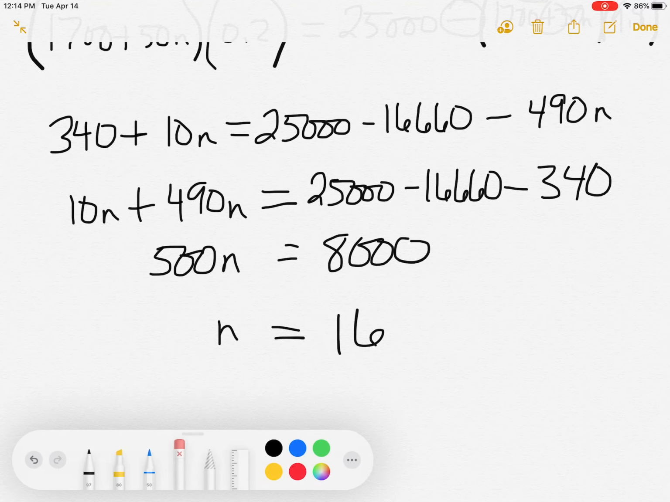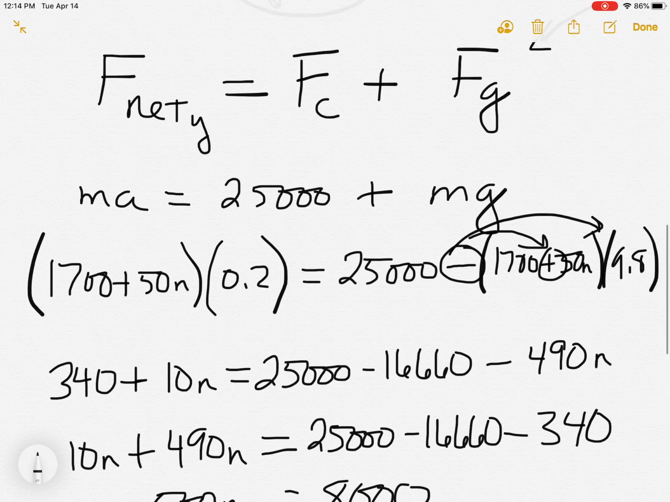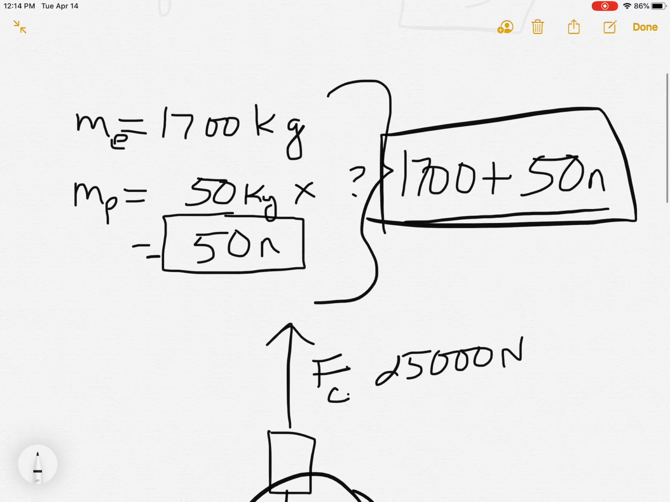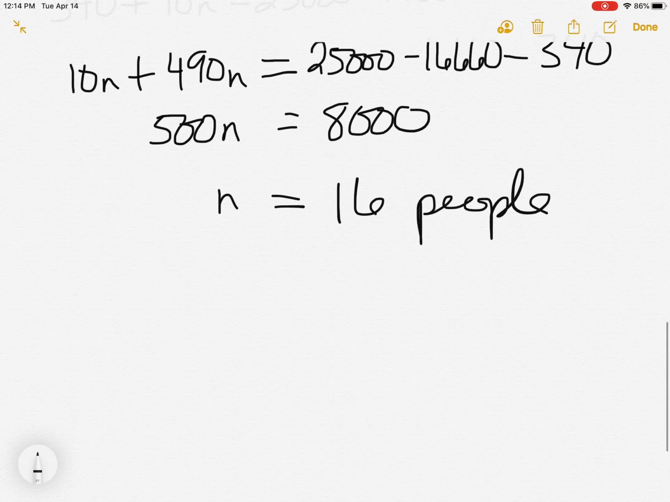Okay, let me take that other equals out of there. There. n equals 16 people. And that's how we solve this one. But notice how it's exactly the same. We had a funny looking mass. That was really the only problem that we had to figure out right at the start. But the rest of it works the same way. So that's how you do